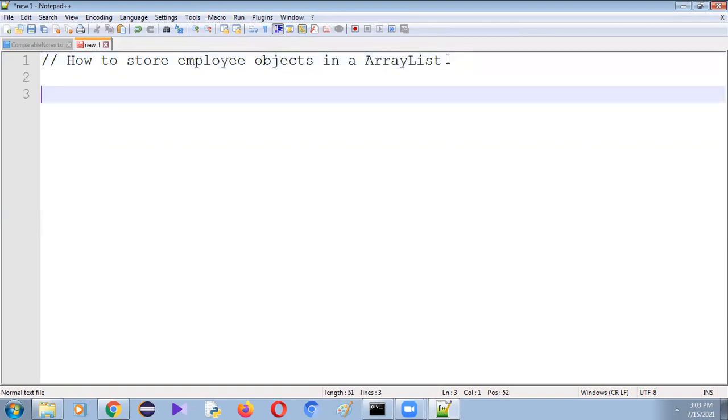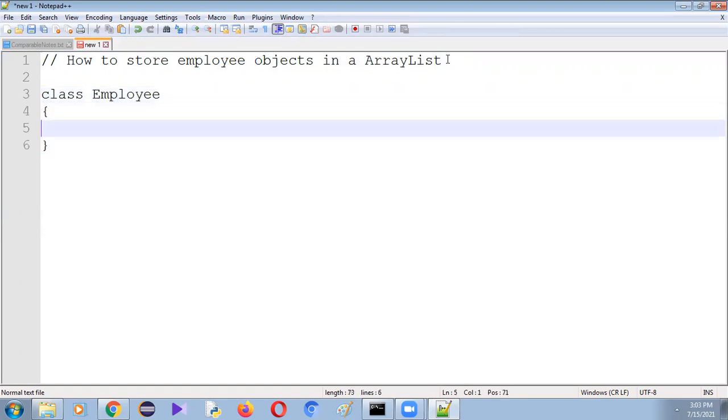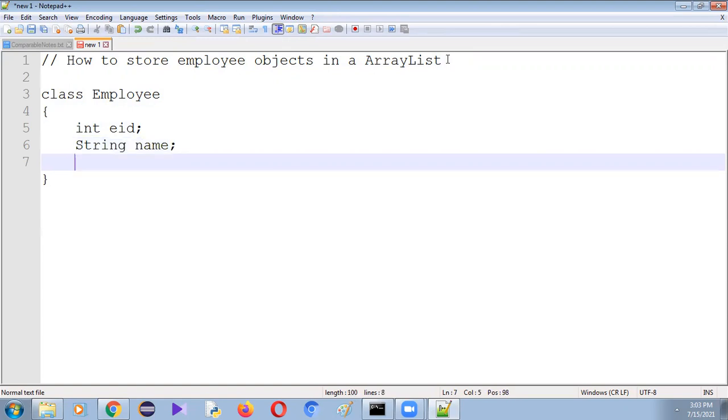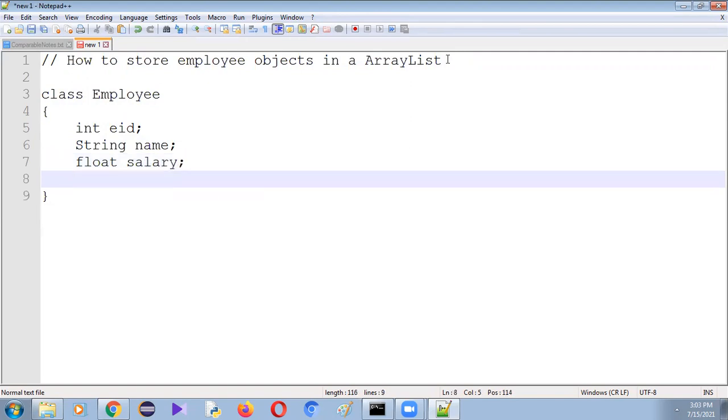First, let me create a class called Employee. Let me declare the attributes of an employee. Each and every employee contains an employee ID, EID, the name of type String, salary of type float, and mobile number of type float.